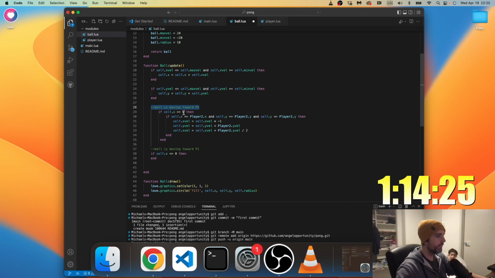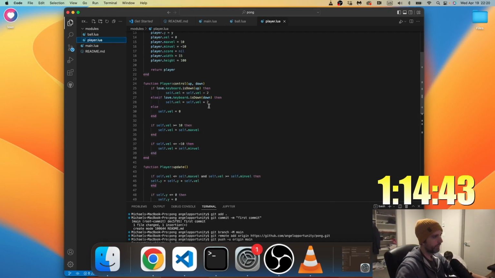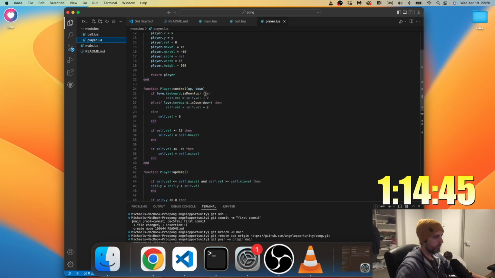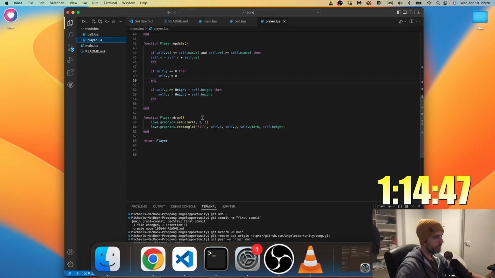If the velocity is greater than 0, that means the ball is moving toward player 2, and I only need to check for collisions on this side if I do it this way. I can use this almost as a global variable. So let's see if it works.